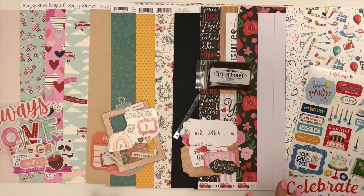So the Flavors of the Month includes 4 brand new collections each and every month. You'll get cardstock, pattern paper, and embellishments. We also have 3 add-ons, the cardstock, pattern paper, and embellishment add-ons, so you can beef up your kit even more. Also check out the Shots of Life because it coordinates with your Flavors of the Month, so it's a